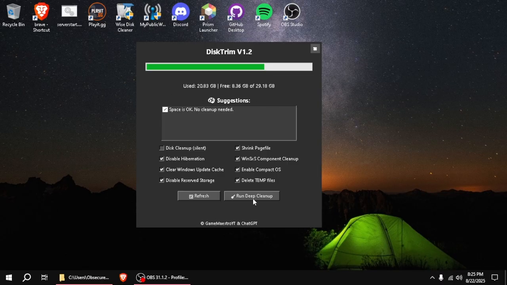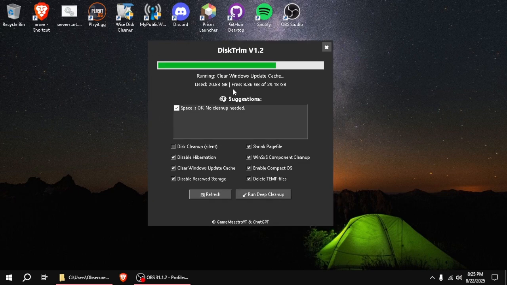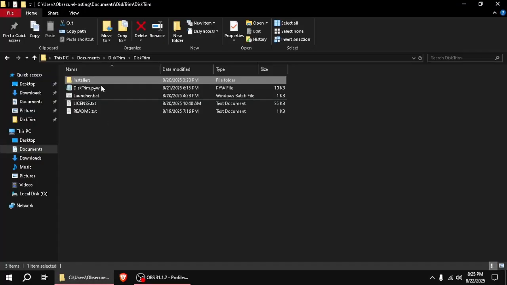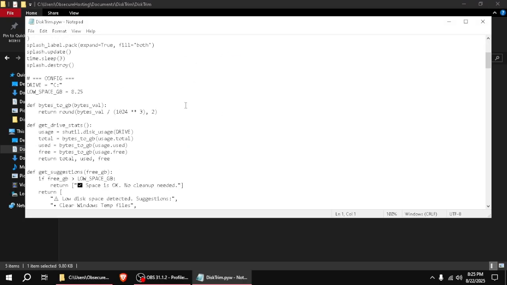And secondly, the latest release does not have the request for you to send me Cash App money if you want to. But when you run all the stuff, it runs it all in the background through command prompt. That's all this does. This is just clear Windows Update Cache. You can look through the Python script right here. And as you can see down here,